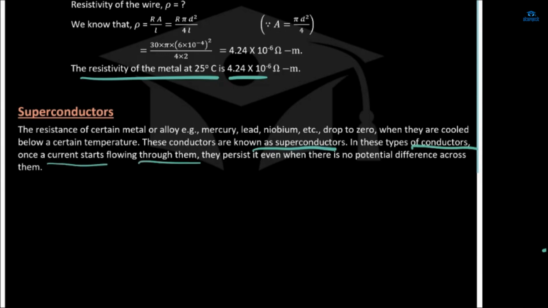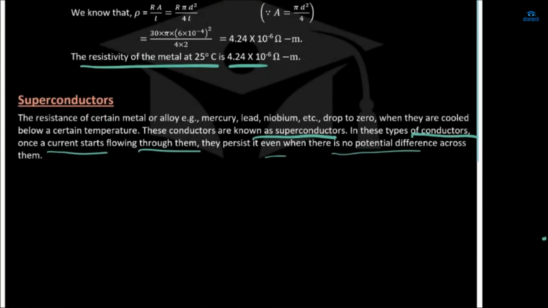they persist it even if there is no potential difference across them. ये तब तक भी चलते रहते हैं जब इनके अंदर पोटेंशियल डिफरेंस नहीं भी होता है, तब भी वो अपने अंदर करंट फ्लो कराते हैं, ठीक है। तो ऐसे मेटल्स को क्या कहते हैं, वन सेकेंड, ओके।